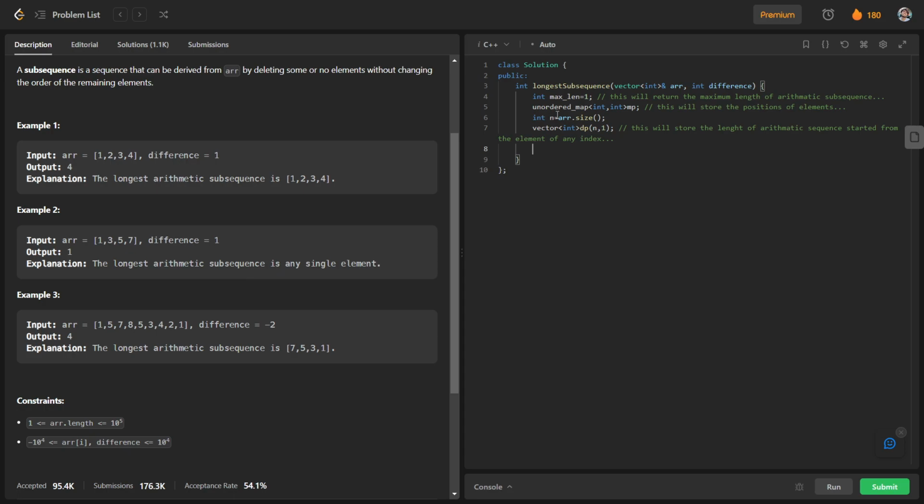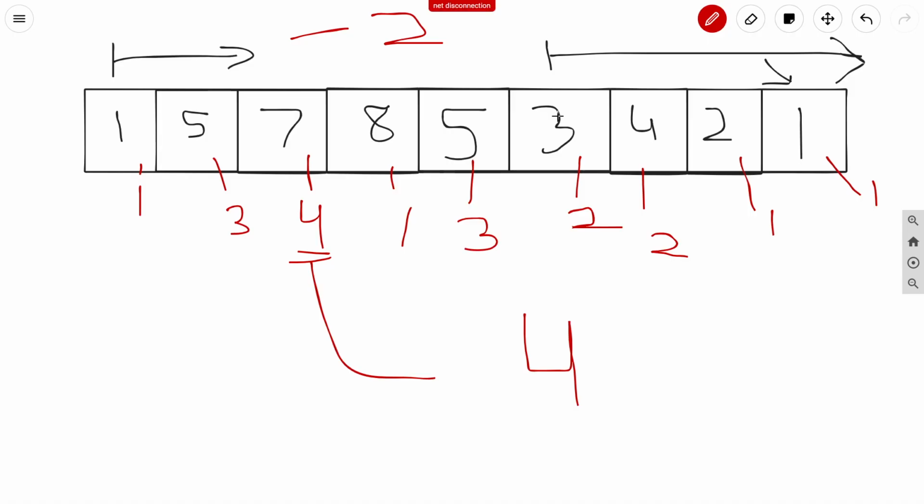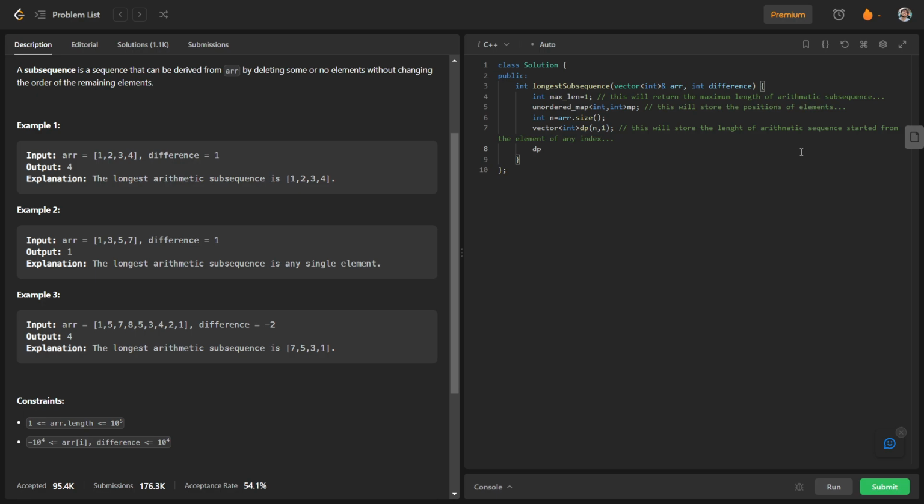As we discussed earlier, for the last element, the length of the subsequence which is going to be an arithmetic sequence will be 1. So for dp of n minus 1, we will have the value as 1.